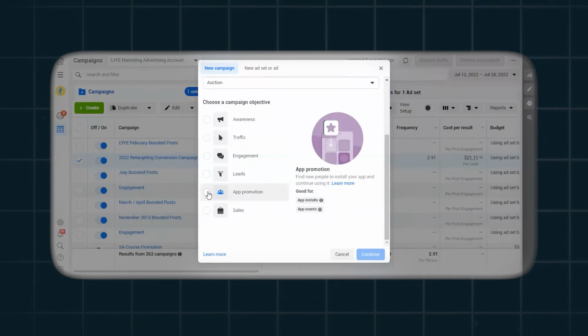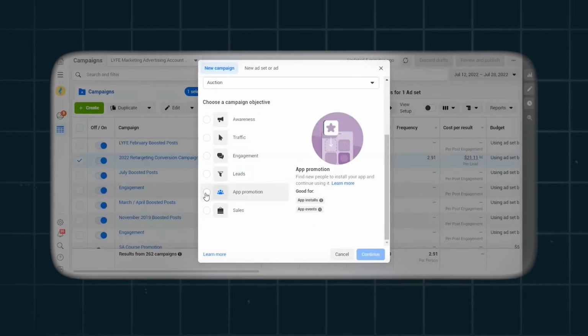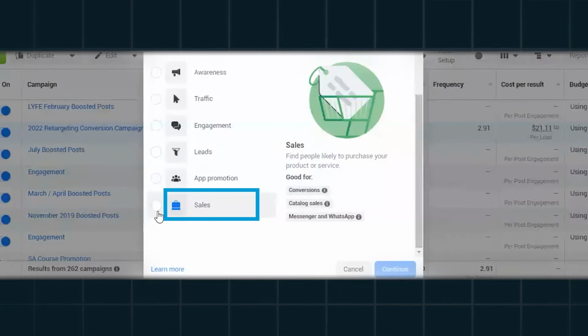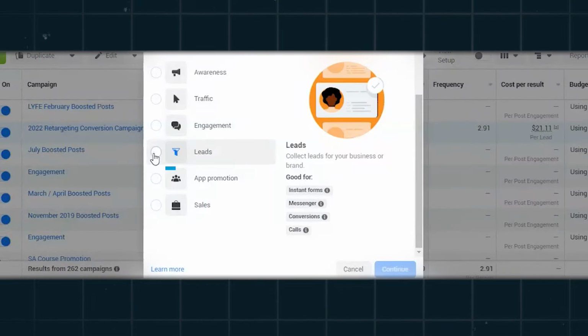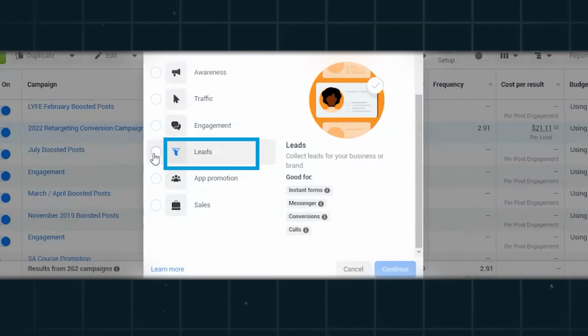The first one is to run Instagram ads again, but this time select the sales campaign if you're looking for direct sales on your website, or the lead campaign if you're looking for contact conversions on your website. And you'll want to specifically retarget all of the views and engagement you've received up to this point. You can technically target a cold audience too with these types of ads, but targeting a warm audience is going to